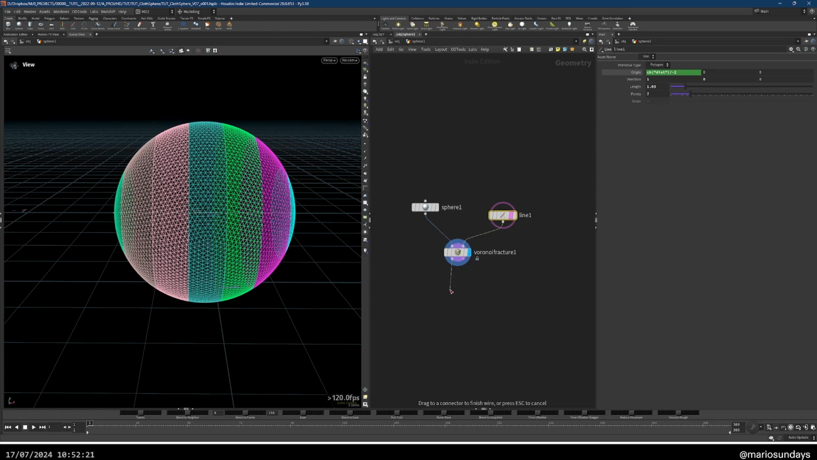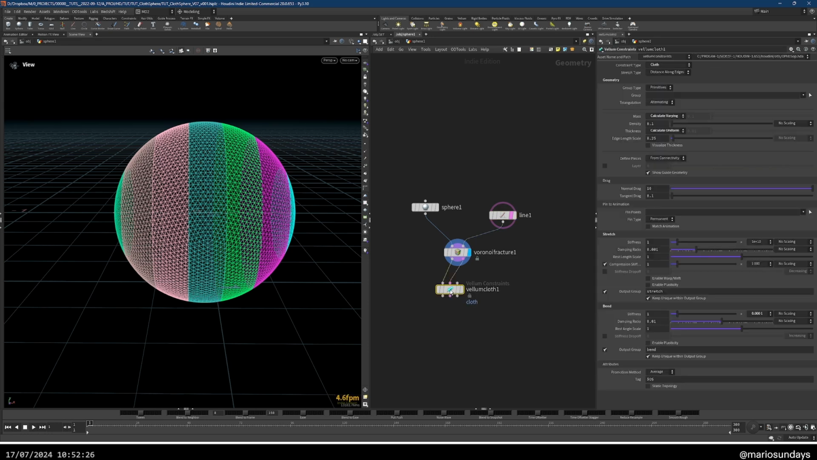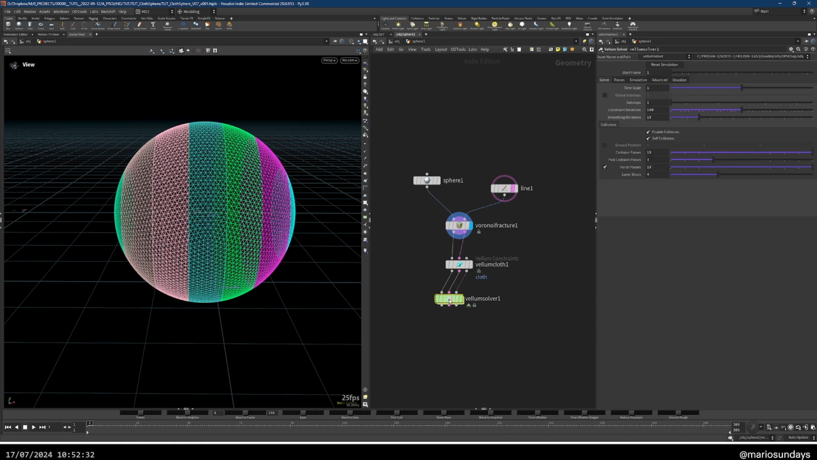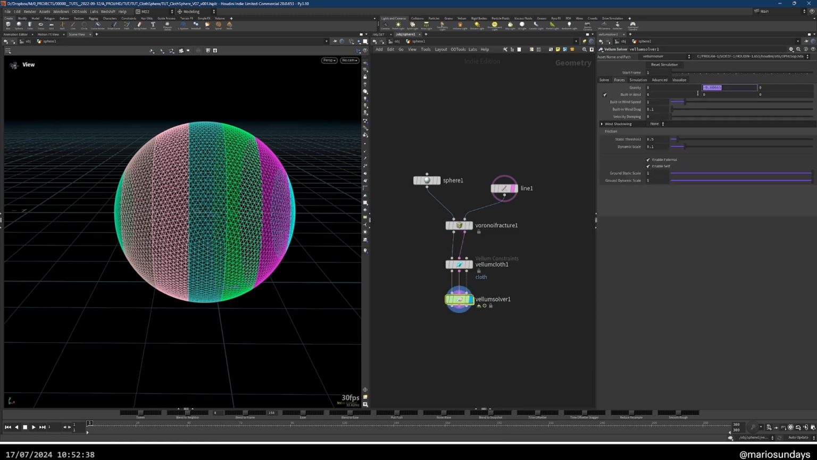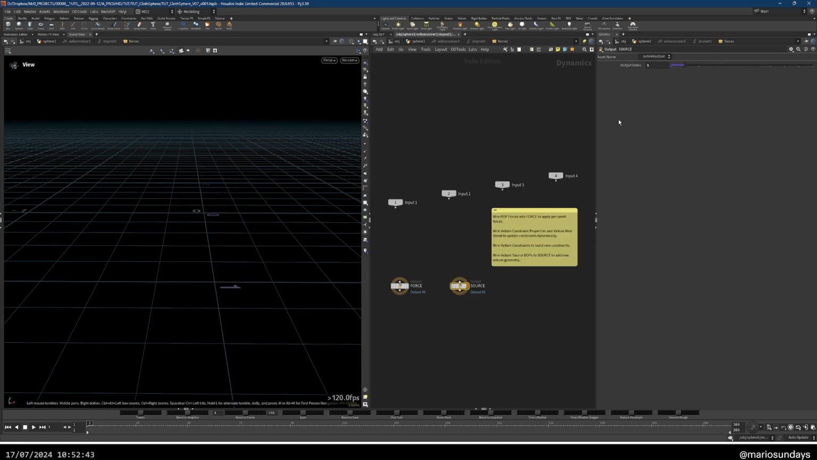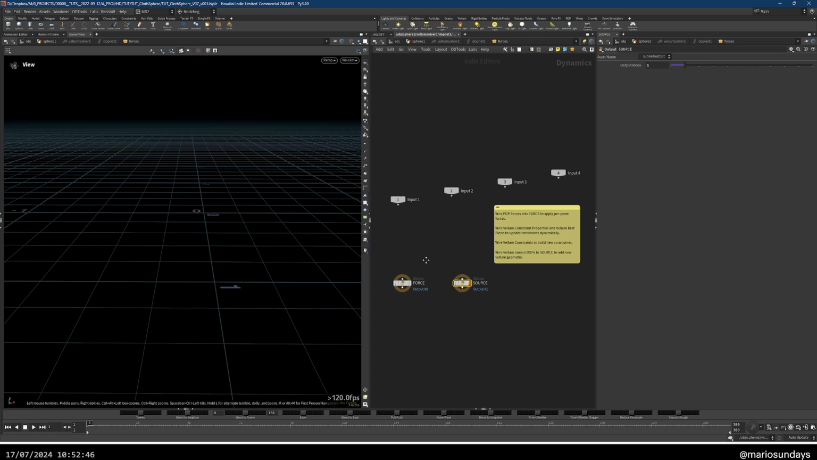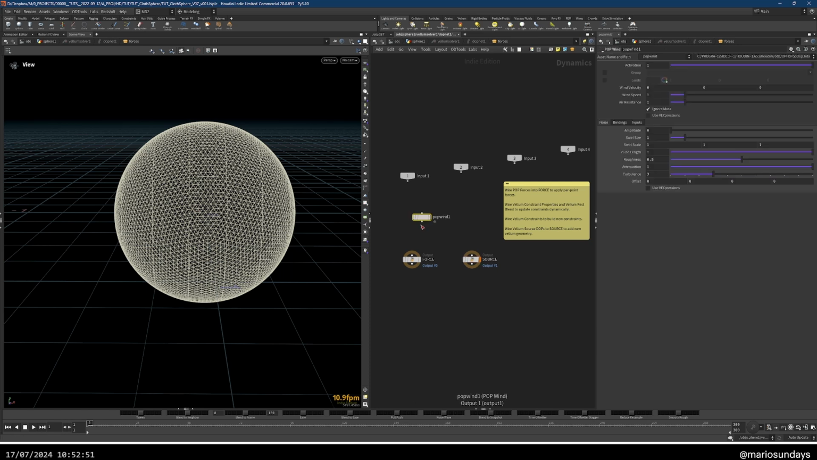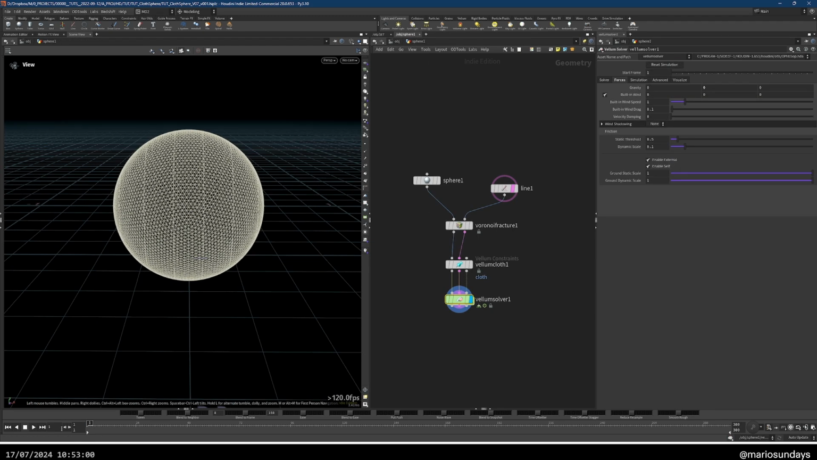So now let's simulate this by creating a cloth constraint and creating a vellum solver. I don't need gravity, so I'm going to put this to 0. And if I play this, nothing happens. So I need to add some forces. So a pop wind. And just up the amplitude a tiny bit. So now if I play this,